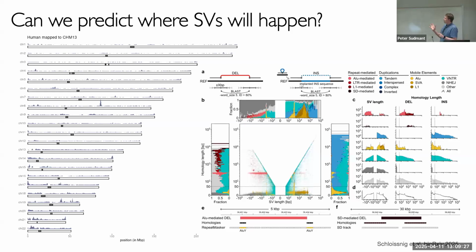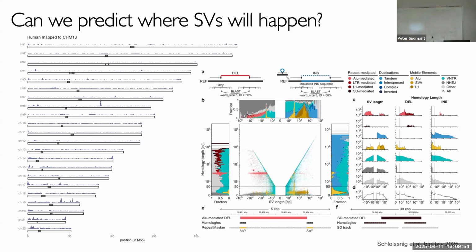Okay, so structural variants are cool. Hopefully that's been established. And when you look across the genome, they are not occurring in a random way. So this is structural variants in humans, and this is just the ideogram showing the number of structural variants.